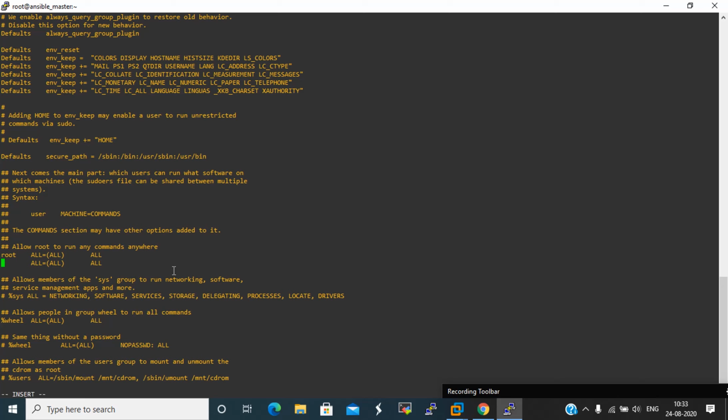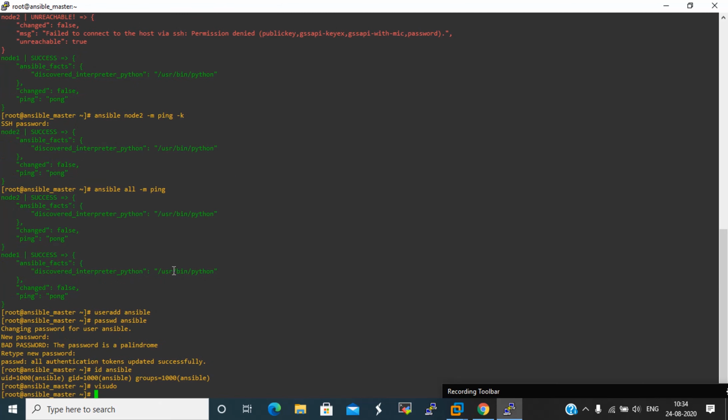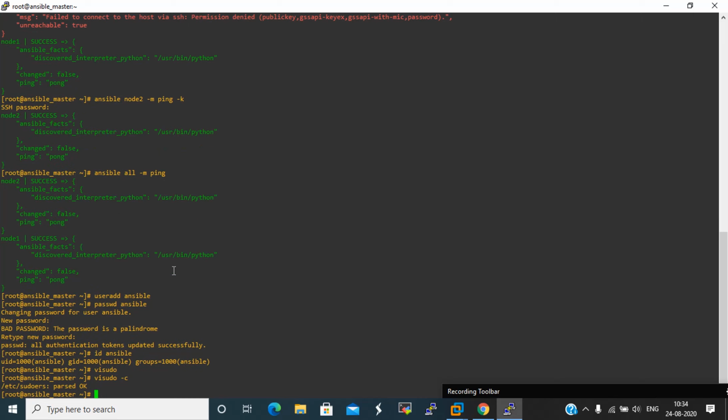Now give cw, so it will delete the current word and go into insert mode. We are using NOPASSWD, so it will not ask for the password for each command. For checking the syntax, just give -c. Okay, the syntax is okay in the sudoers file.